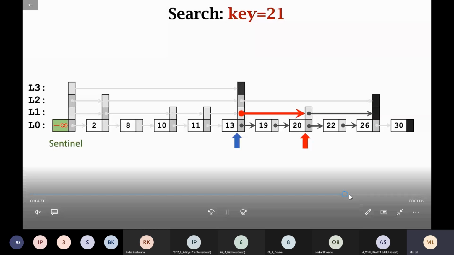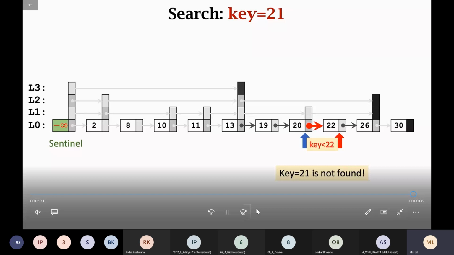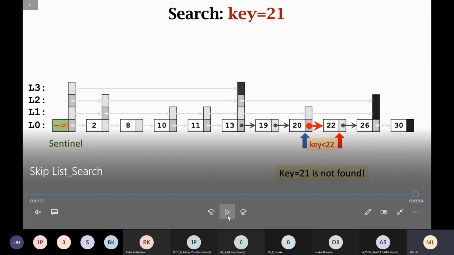So you get a not found message, because 26 is greater than 21. You go below, then after 20 it is 22. 22 is greater than 21. Can you see that? And finally, the key 21 is not found. So this is how a search works.